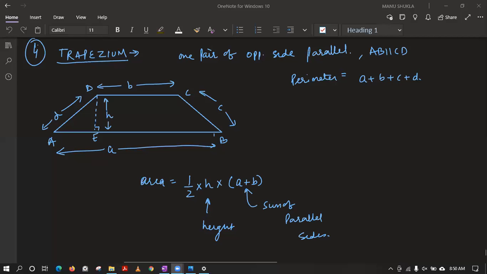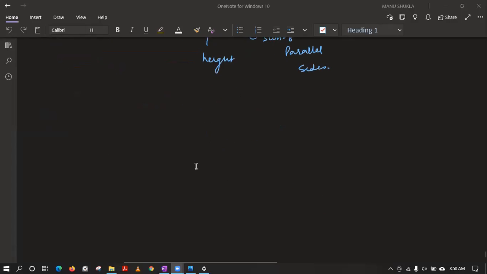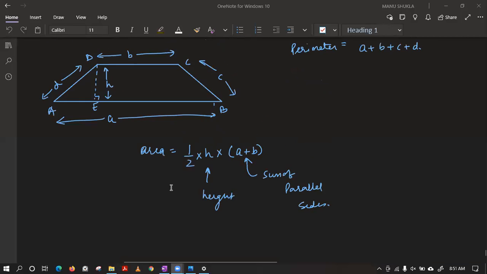Okay, good morning everyone. In the last class, we have done some 2D figures, their perimeter, area, formula. Last was trapezium. Then we have seen the tree diagram also. Okay, now the next figure, anyone? The next 2D figure that we have to study, please tell. After rectangle, square, trapezium, parallelogram, the next one is, okay, rhombus, fine.